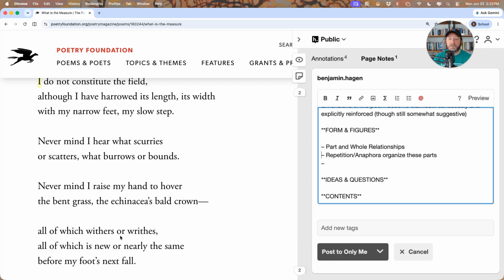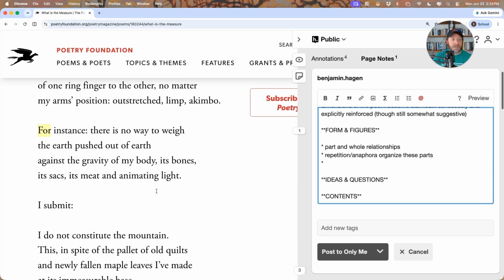So you have, let me turn this into a bullet. I don't know why I'm capitalizing these. Part and whole relationships. I think largely the shape and arrangement of the poem can be thought of according to part and whole and according to repetition and anaphora that sort of sections off the different parts of it.